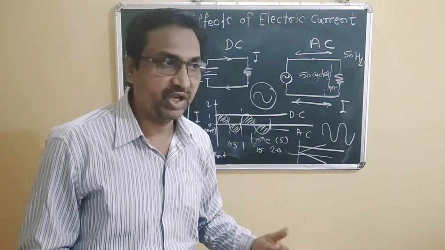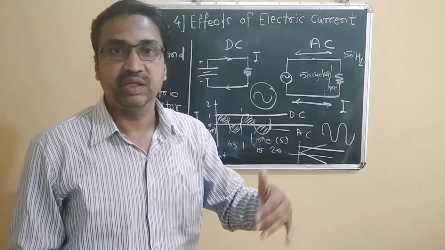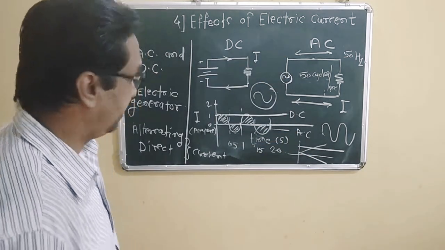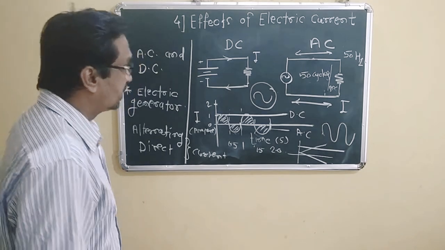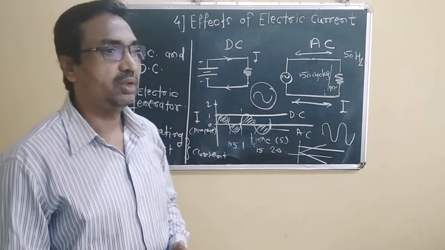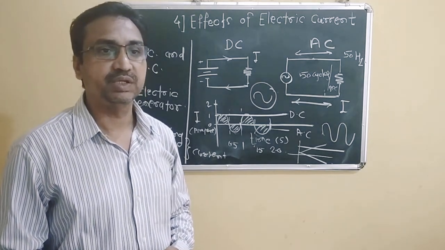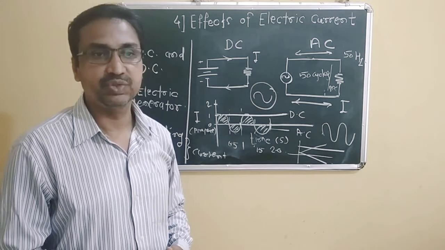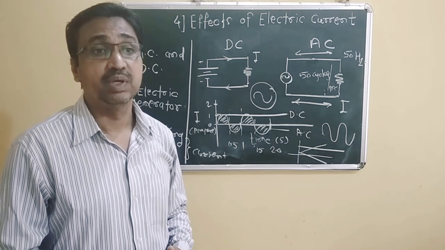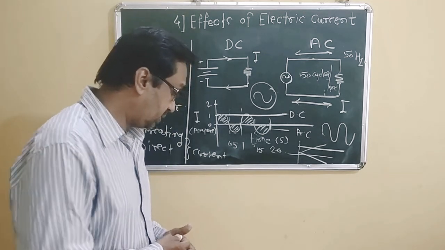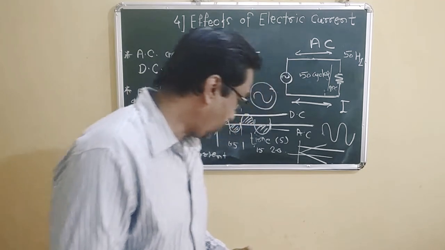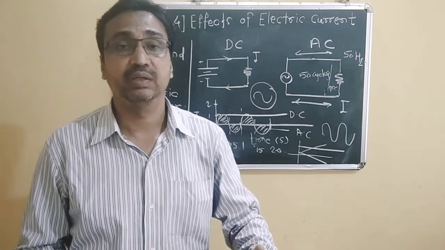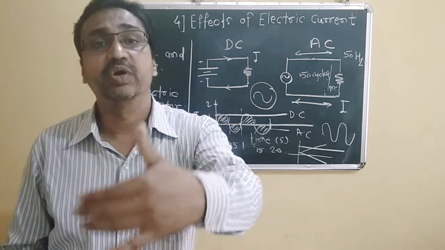It changes its direction as well as magnitude in every unit time interval, and that is called alternating current. For a long time we have had to carry electricity over longer distances, so it is beneficial to use alternating current, because there is minimum power loss during transmission when we carry alternating current over longer distances.